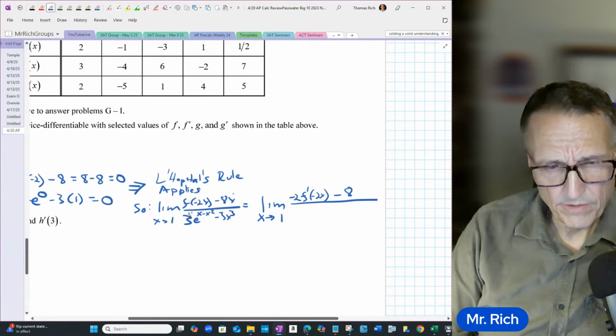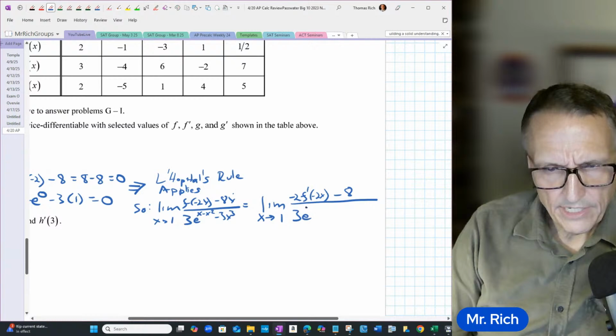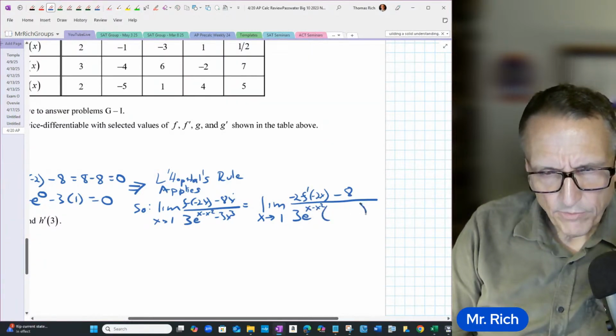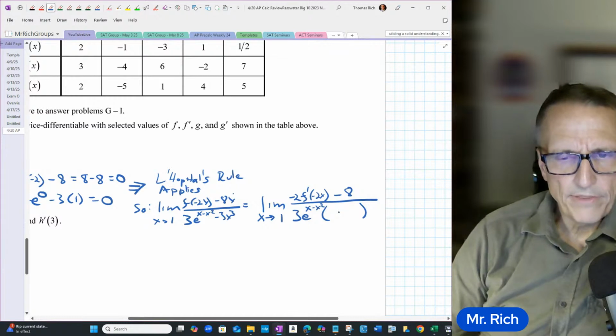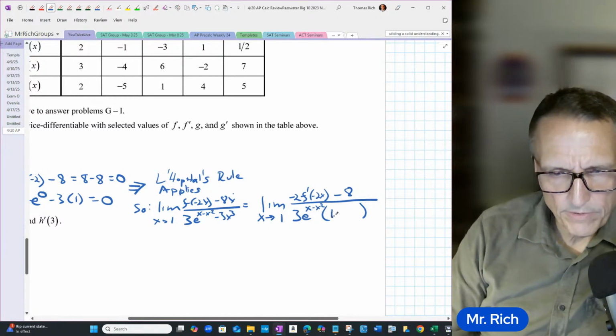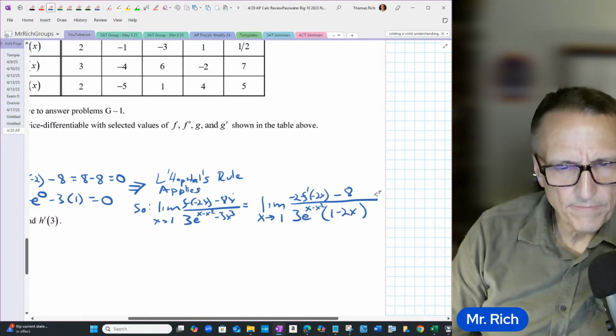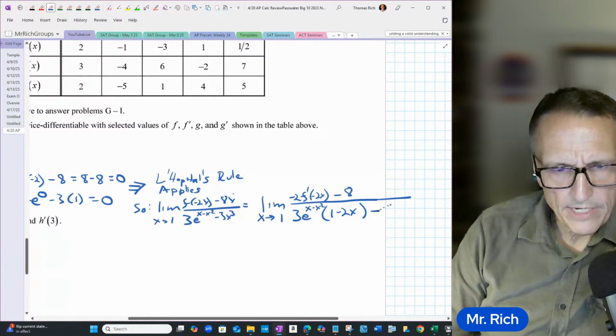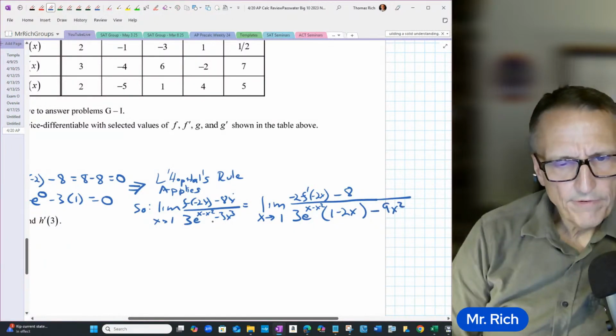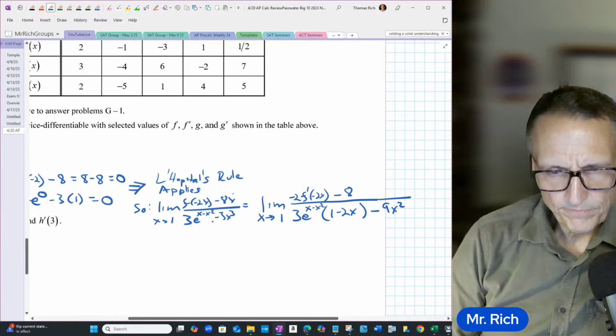Then down here, the derivative of 3e to the x minus x squared is going to be 3 times e to the x minus x squared. But by the chain rule, I have to multiply by the derivative of x minus x squared. That's 1 minus 2x